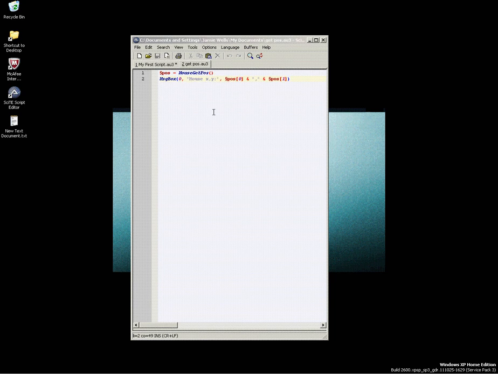So I use a different script that I wrote already. And it's this guy. So essentially what you do is you run the script, and then it gives you a message box pointing out exactly where the mouse is. So that's the coordinates of where the mouse is right now. And then I click OK. So then, as you can see, that was like 200 and 300 or something like that. So essentially it measures from the top corner of the screen all the way down to the bottom corner. The top corner is 1 by 1, and the bottom